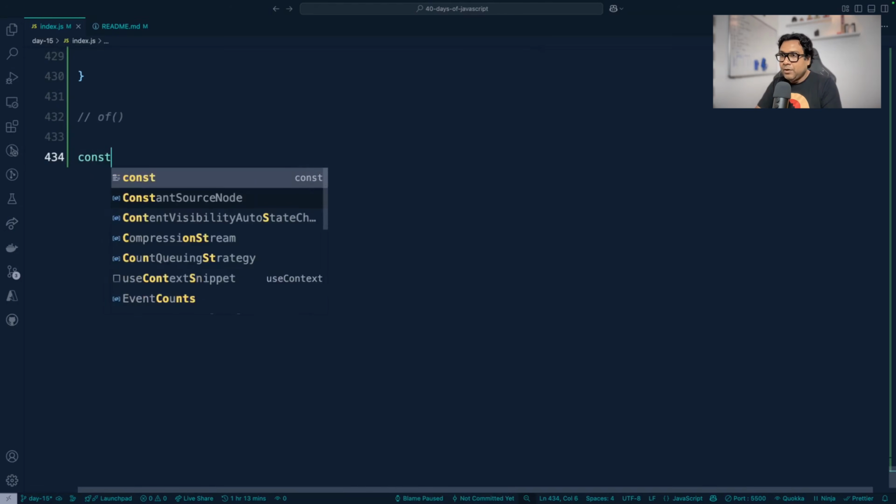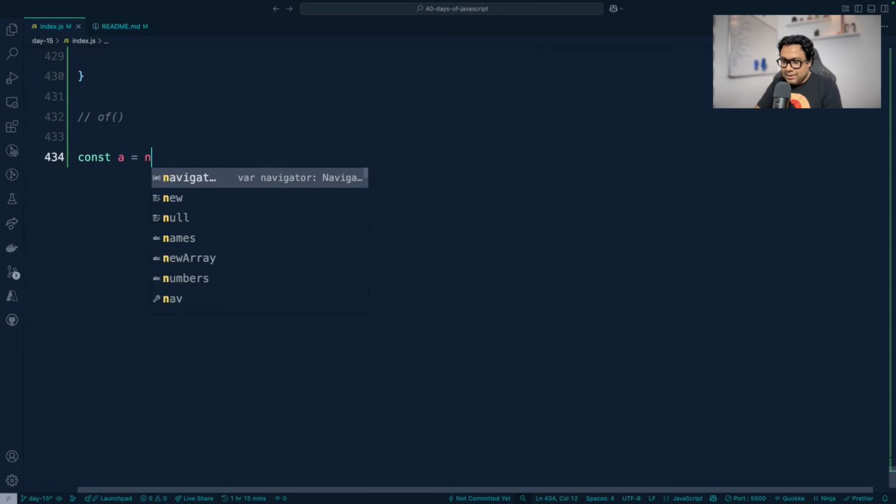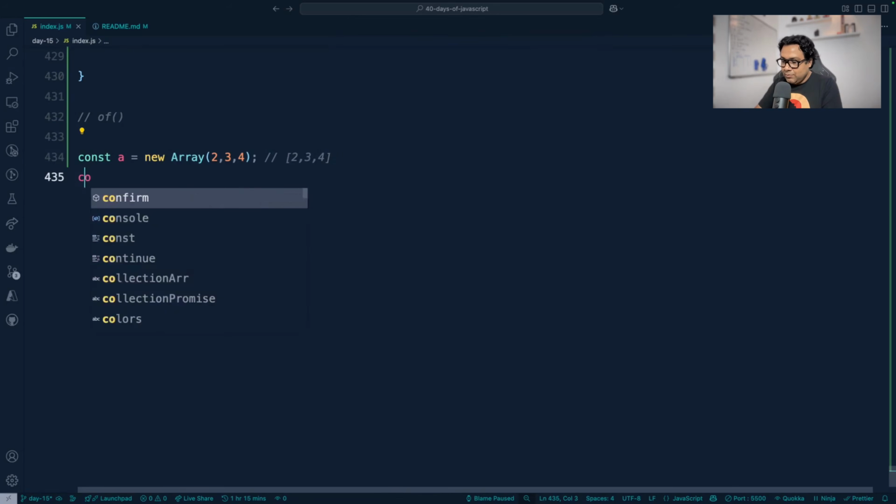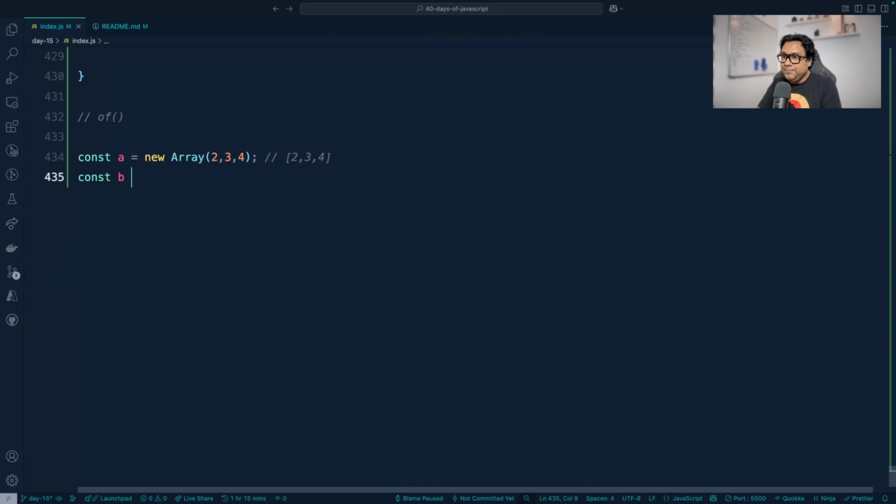Let's create const a equals to an array, and this time let us create using the array constructor 2, 3, 4. So this is going to create an array of 3 elements, and each of the elements will be 2, 3, 4 like this. Now we'll create one more called const b equals to [4, 5, 6]. These are the 2 ways that we already know that an array can be created. Here it will be creating an array with 4, 5 and 6. Great. Let's create const c equals to